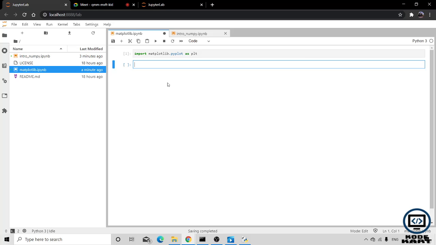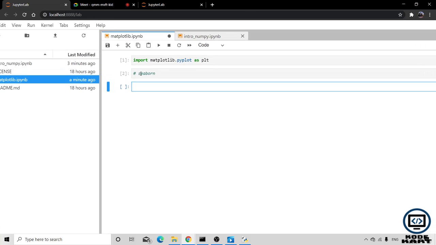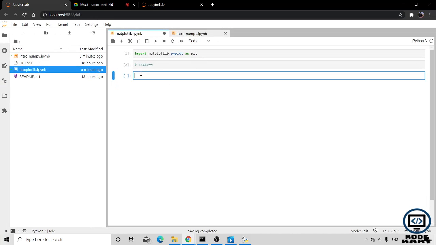But for better visualization and better figures, there is one more library, and we will also study that in the next videos, that is Seaborn. We are going to cover Seaborn in an upcoming video. In this video we are going to study a little bit about matplotlib. So let's generate dummy data, because we have to visualize graphs, and for visualizing a graph we also need data. So first let's generate data.